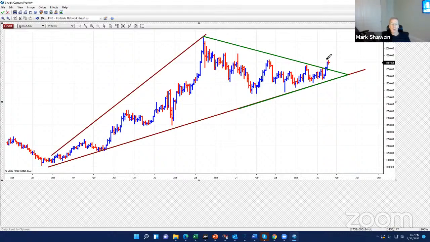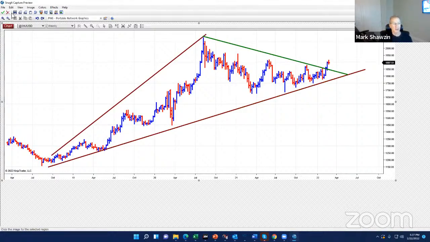So, now we're broken out, and it could continue to just dance around here and get going, or it could obviously turn. And if it turned down and started going through 1800, then I would look for a broad move lower. So I'm just kind of monitoring now. I didn't want to do anything.